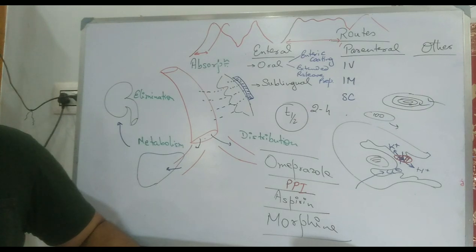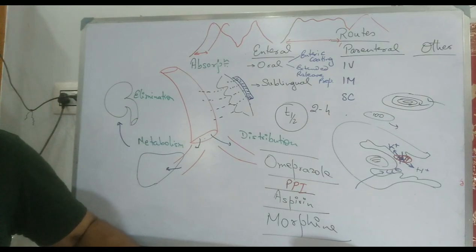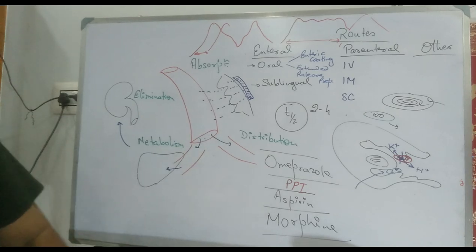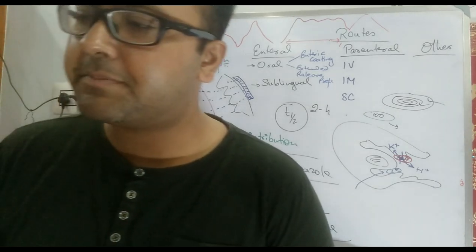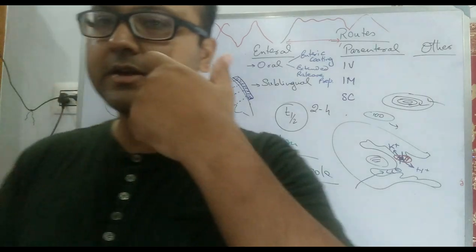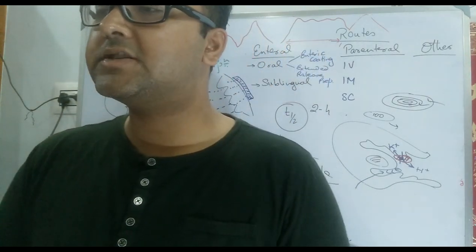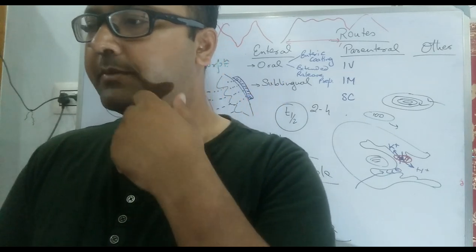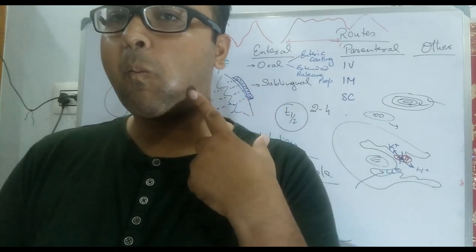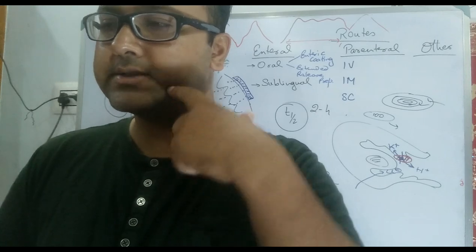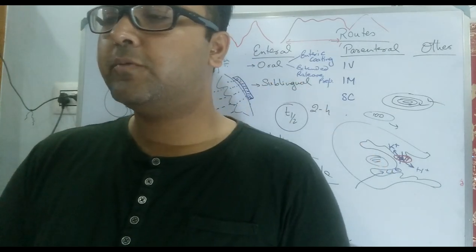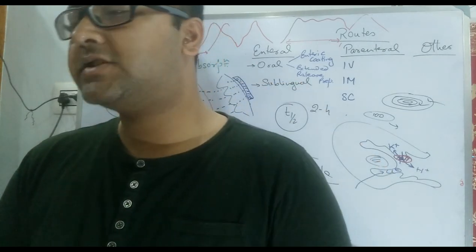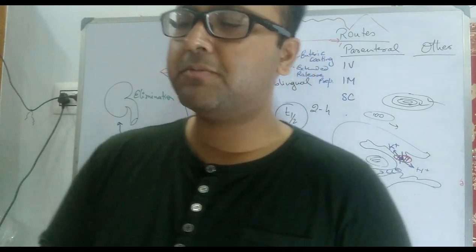Sublingual. Sublingual, how does it help us? Even over here, some people use a term called buccal route. Buccal route is nothing but keeping the drug primarily in the vestibule region, the part between the gingiva and the cheek mucosa. Okay, this is the vestibule portion. So if you are keeping some drug in the vestibule, they are calling it buccal route, but actually it's